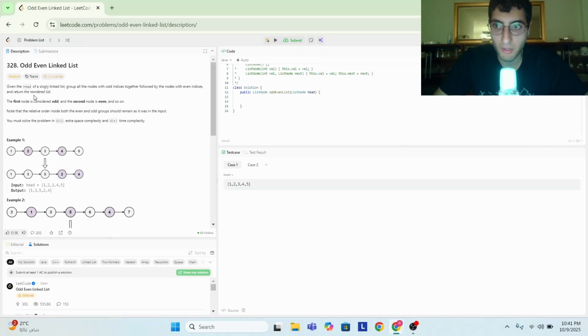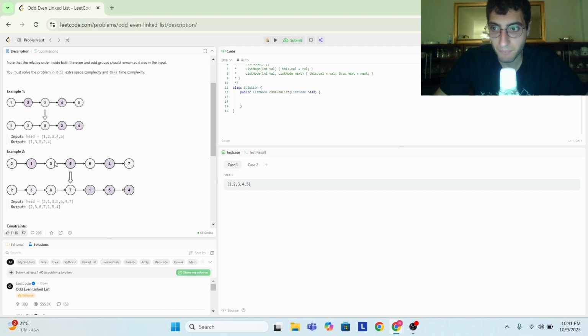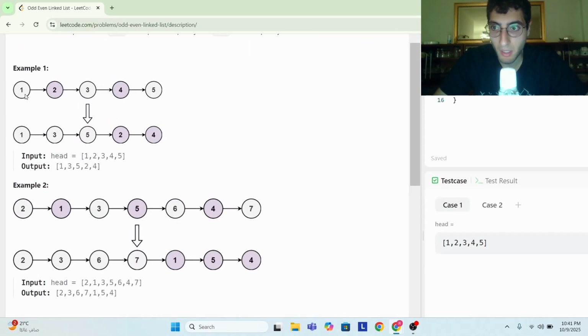Now let's solve odd even linked list. In this problem, we're given the head of a singly linked list. We need to group all the nodes with odd indices together, followed by the nodes with even indices, and return the reordered list. So if we take a look at example 1, we need the elements at odd indices, so